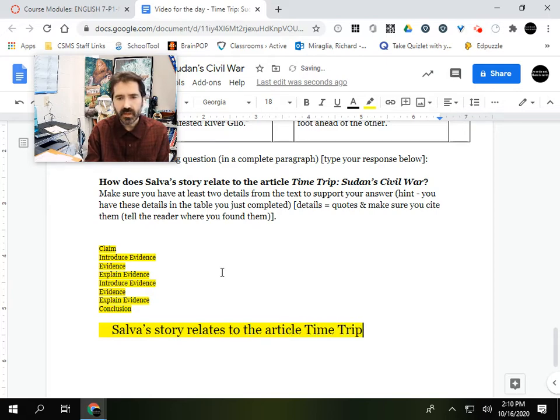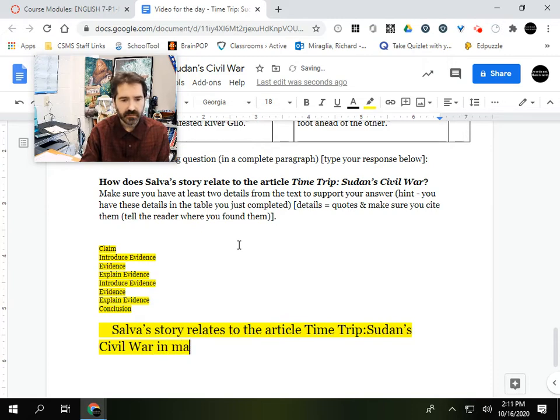When you're typing articles or titles of books, everything is italics. So what you would do is you would highlight it and then you would press the I, the slanted I. Salva's story relates to the article Time Trip Sudan Civil War